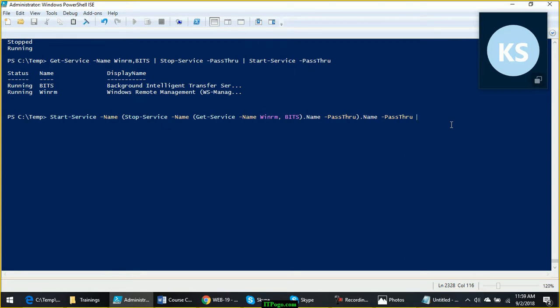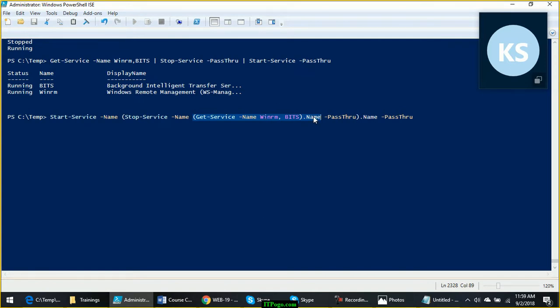So let me explain what happens here. Without using the pipe symbol, we are running three commands here, and the command which is in the innermost parenthesis will get executed first. Which is the innermost parenthesis? Get-Service. So the Get-Service cmdlet will get executed first. It will produce two service controller objects.